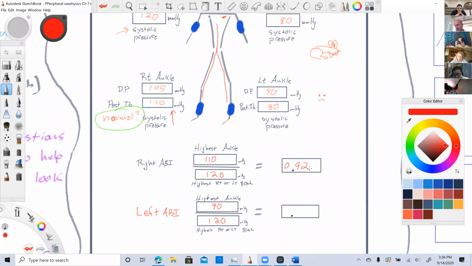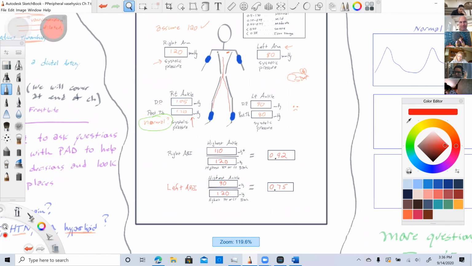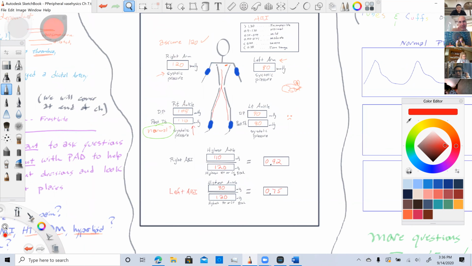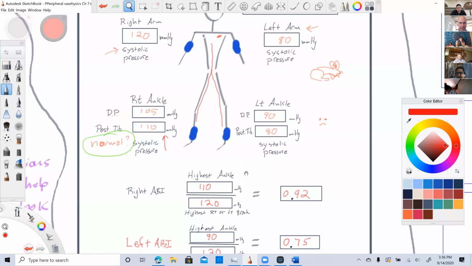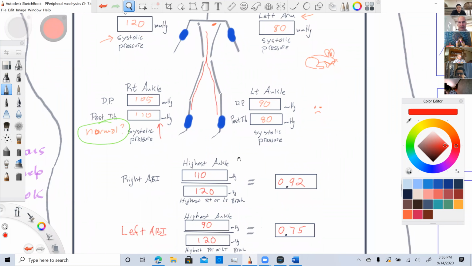And 90 divided by 120. Oh, that's not too bad, I think. 0.75. So those are my two answers. Those are the two questions the doctor's going to have for you. Let me zoom up a little bit here. So 0.92, 0.75. All right,